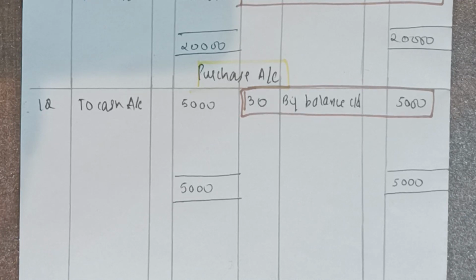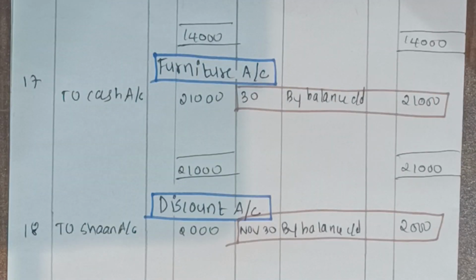And the last is the purchase account. So the purchase account, we had only one amount again, rupees 5,000 on the debit side. So in order to balance the account, we have to write an equal amount on the other side. So here we will write on the credit side. So we have written it as by balance carried down rupees 5,000, and hence this purchase account has been tallied. Next is furniture account. So we had only two cash account on the debit side. So in order to balance it, we wrote by balance carried down rupees 21,000 on the credit side, and we